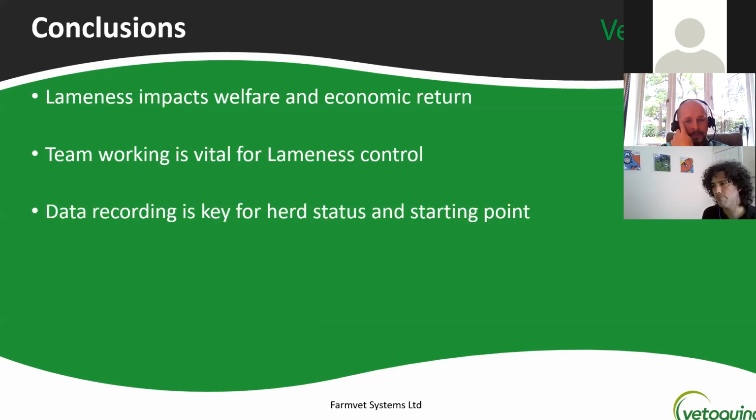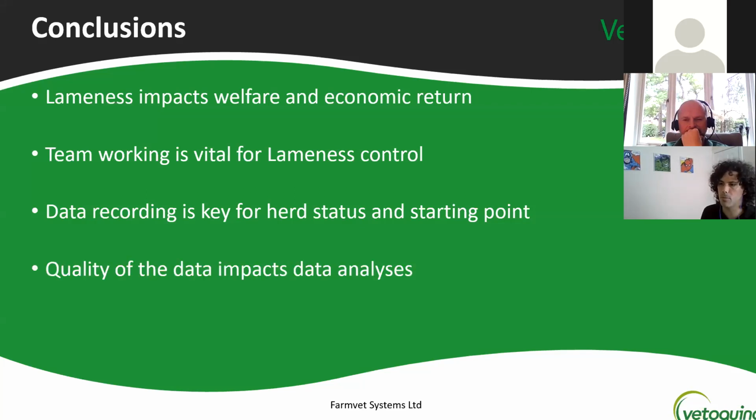Data recording is key. Obviously, it's the start of any data analysis. If we don't have data, it's very hard to know where we are, where we're going to, how can we improve, if we need to improve. And this is the key to me. Quality of the data. There are situations where some data is being recorded here, some data is being recorded there. This is really hard for us, because then the quality of the data is never going to be the top, because I think the data all needs to be in one place